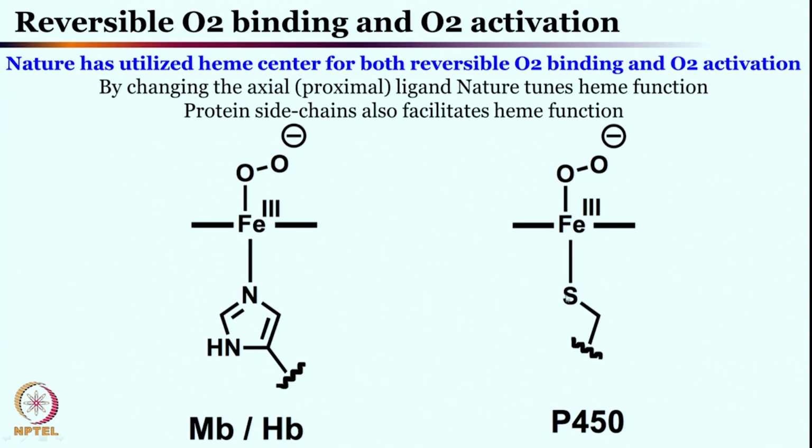This sort of cysteine thiolate bridging helps you in overall hydrogen bonding or the proton conduit to form the hydroperoxide intermediate, and then the oxygen cleavage becomes easier because of this big push that is coming out from the thiolate. So, the thiolate is a negatively charged ligand, effectively it pushes the electron from the thiolate to the iron all the way to the OO, and therefore the oxygen cleavage becomes easier.